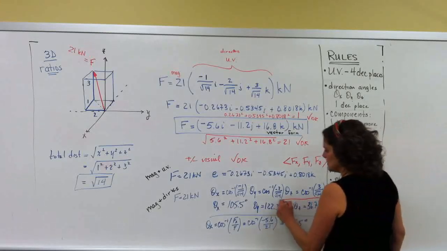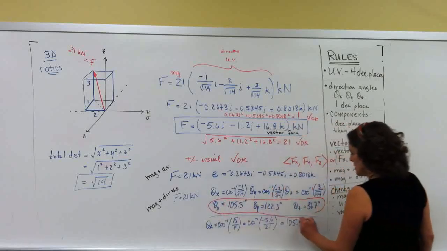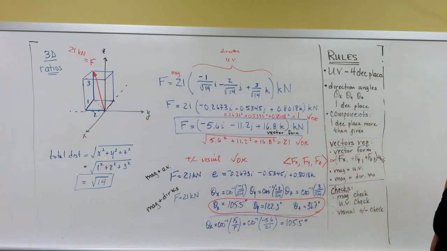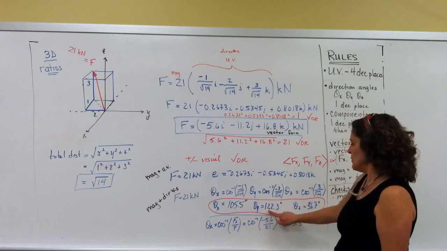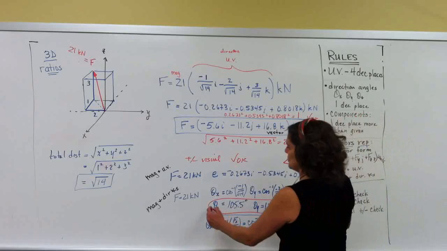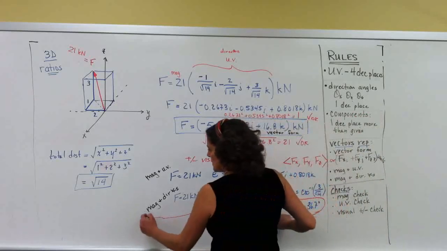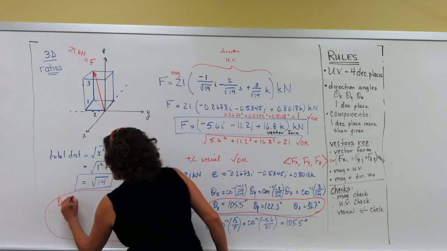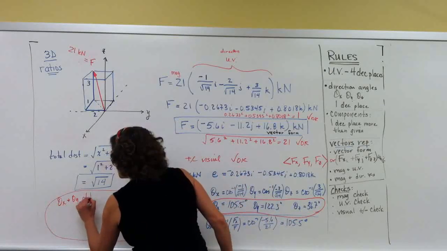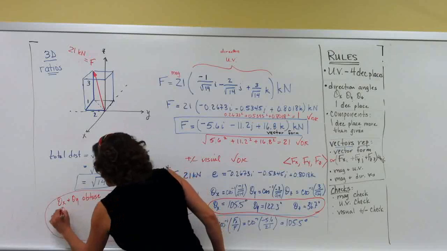Let's take a look at this. What do you notice about theta x and theta y? Let's do it over here. Theta x and theta y are both obtuse. But theta z